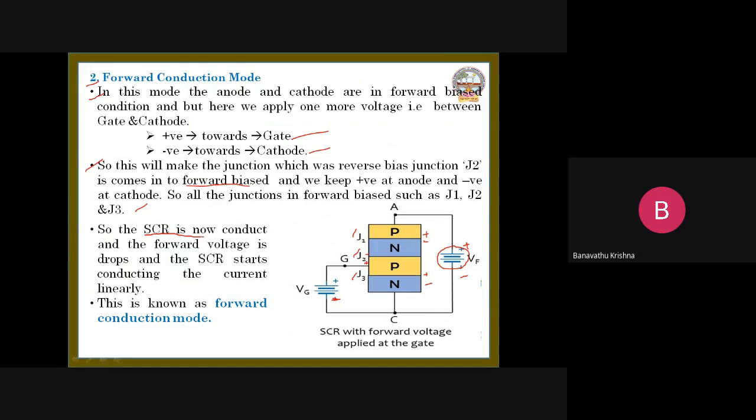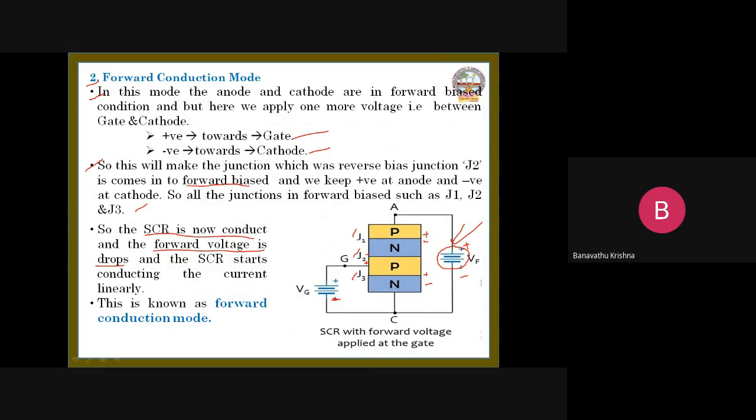So the SCR now conducts and the forward voltage drops. The forward voltage drops and the SCR starts conducting the current linearly. This is known as forward conducting mode, right? Let us observe one more point here. The important point is that the forward voltage drops. So by increasing this voltage, that is the forward voltage between anode and cathode, the device